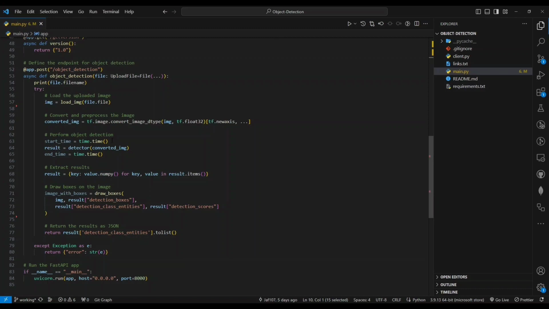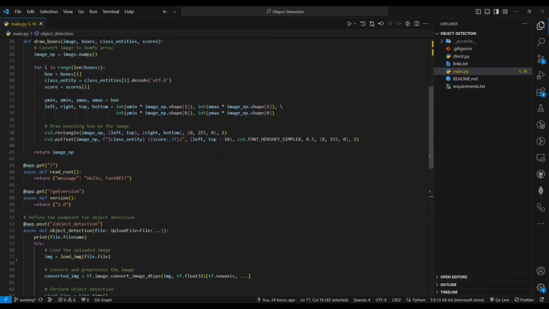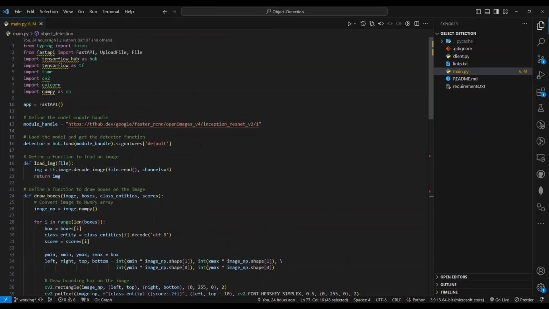We are performing some pre-processing and then sending the image to the detector function that we've loaded. The detector function outputs the objects with object names from that image. We are sending those object names to the frontend as a response from this route. So that was the general overview of the object detection part in this project.